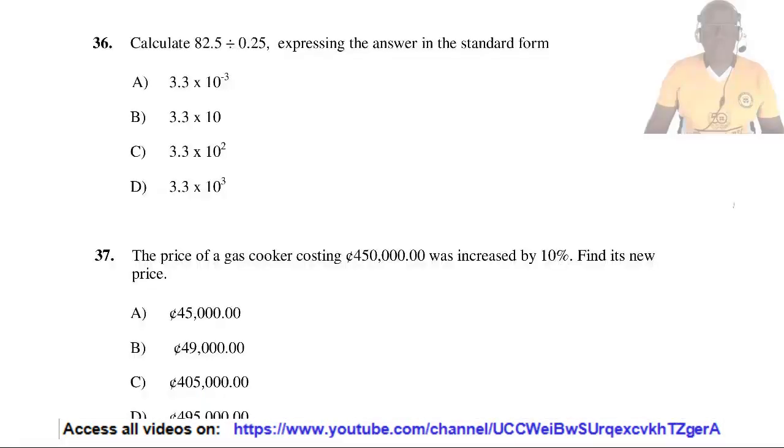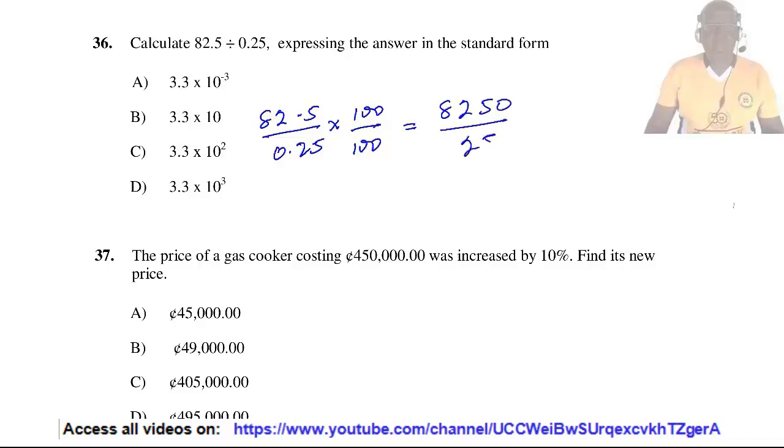Question 36. Calculate 82.5 divided by 0.25, expressing the answer in the standard form. That is 82.5 divided by 0.25. We shall convert the numerator and denominator to whole numbers. That is, we shall multiply by 100 and divide by 100, and this will give us 8250